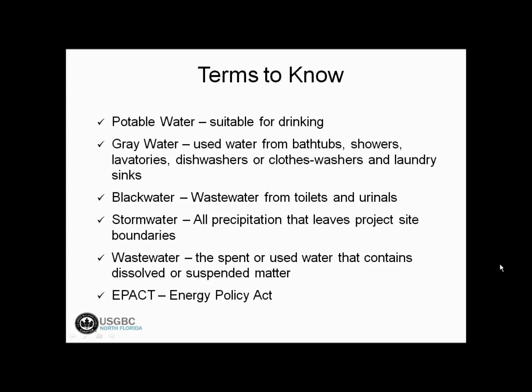So the terms: potable water, I already mentioned, this is drinking quality water. We talk about gray water as opposed to black water. Gray water is stuff that comes out of showers and lavs and dishwashers that can be used for certain things and reused on the lawn, or